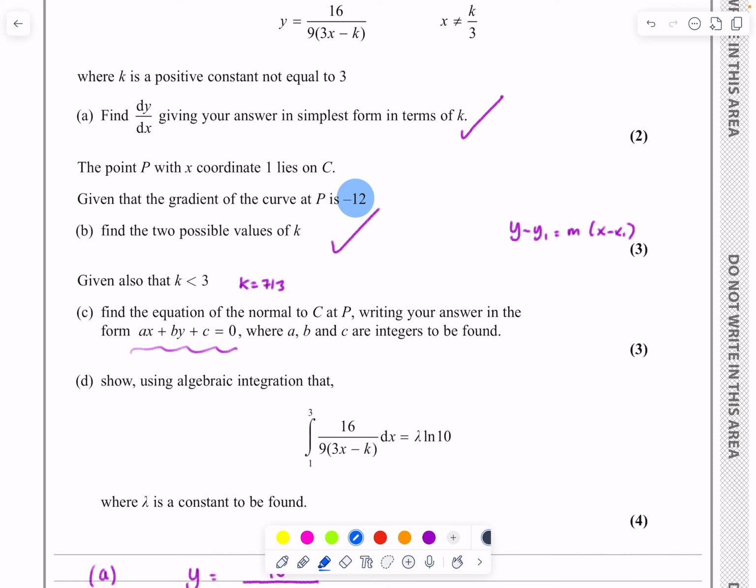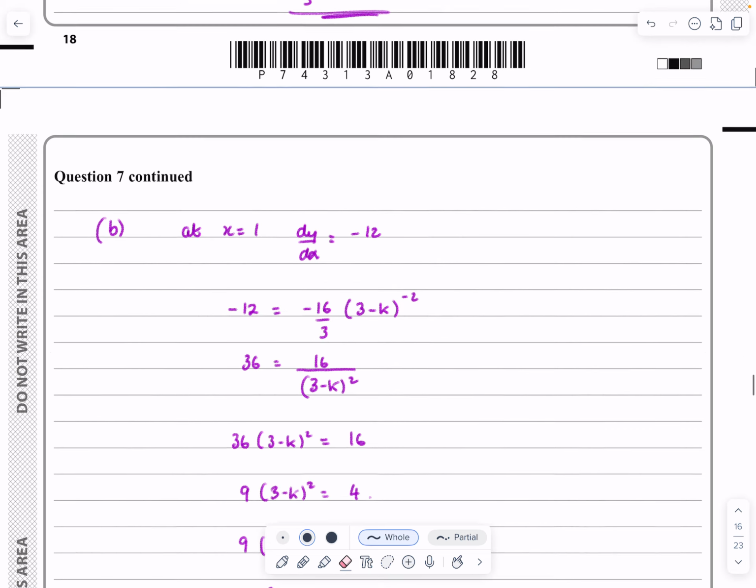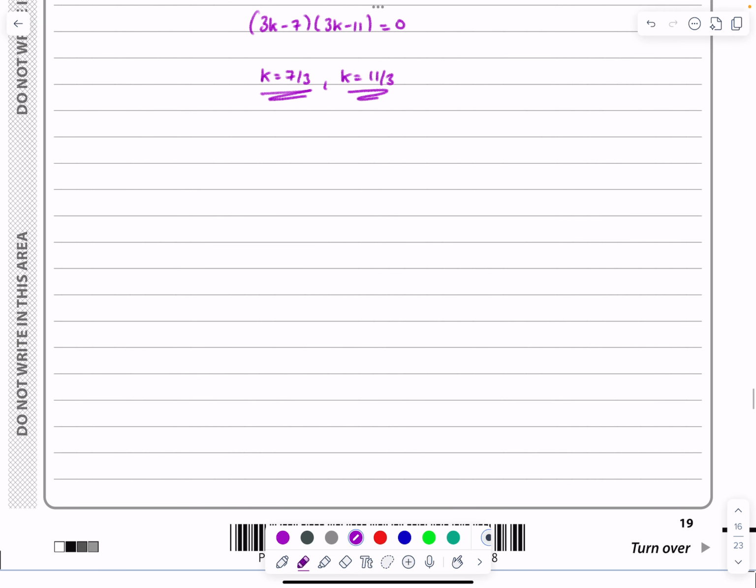I have x. x1 is going to be equal to 1, but what I don't have is y1. So y1 is going to be the first thing that I'm going to try and do here, and then I should be able to sub everything and sort it out. So let's tell the examiner what I'm going to be doing here. So I'm going to say,